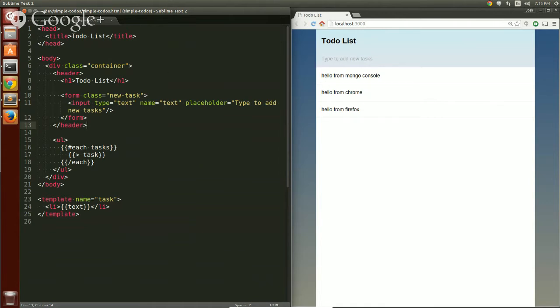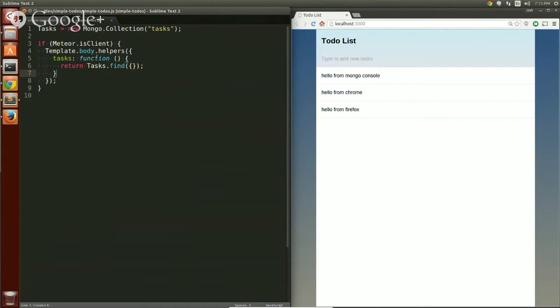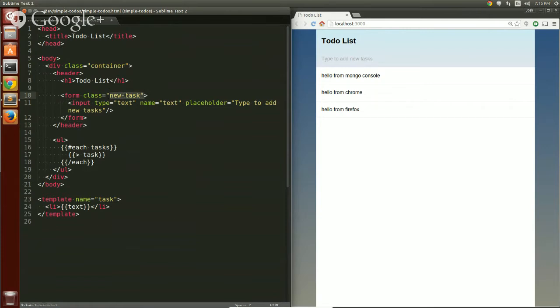But it's not going to do anything yet because we haven't attached any JavaScript to this. So to do that, we say template.body.events. We want to subscribe to an event on this. Kind of feels like WinForms to me. I don't know if that's a good thing or a bad thing. Probably a bad thing. It doesn't seem like it would scale that well to a large application, but for small stuff that needs to be highly reactive, I think it's a pretty good fit. So whenever there is a submit event on the new task, so this is tying over to matching up with this form. So when submit on this form,